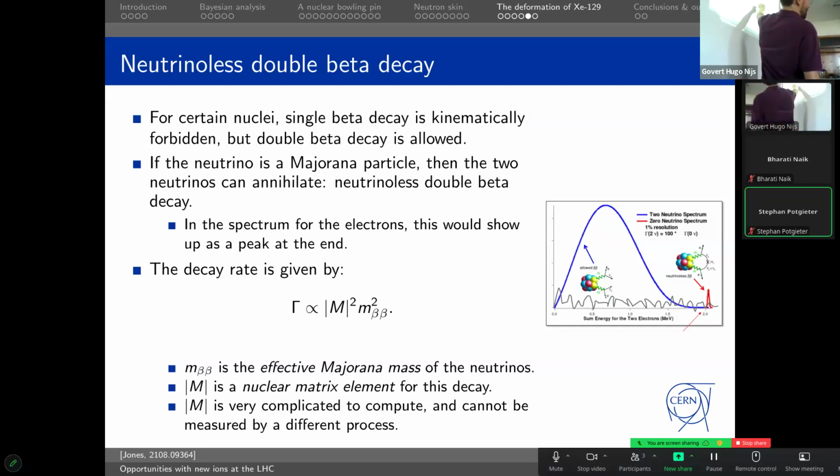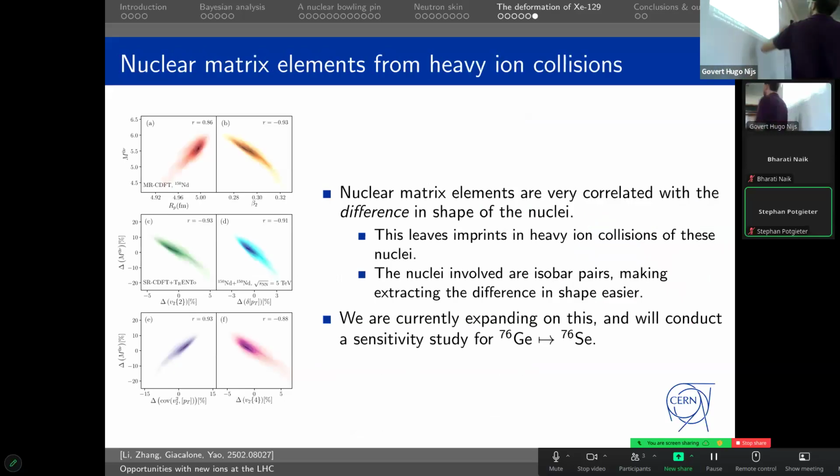So basically this is obstructing being able to extract this from this, or presently putting an upper limit on this based on an upper limit on this. Now, it turns out that there are correlations between the difference in deformation between the parent and daughter nuclei and this nuclear matrix element. So what that means is that if you were to measure the difference in deformation using the methods that I just showed for xenon, then you would be able to constrain these nuclear matrix elements, which would be interesting